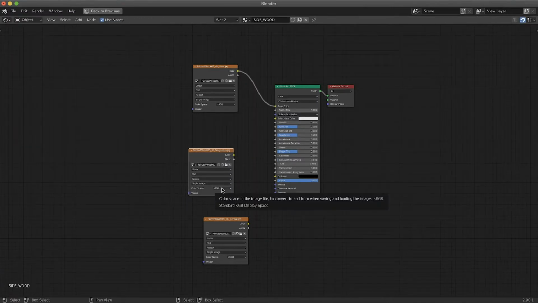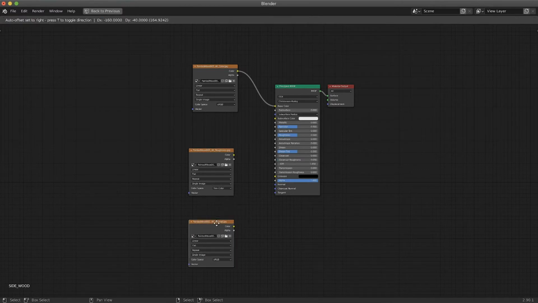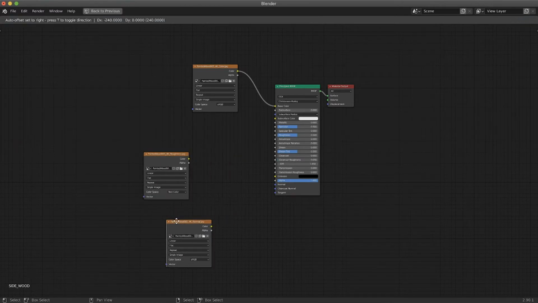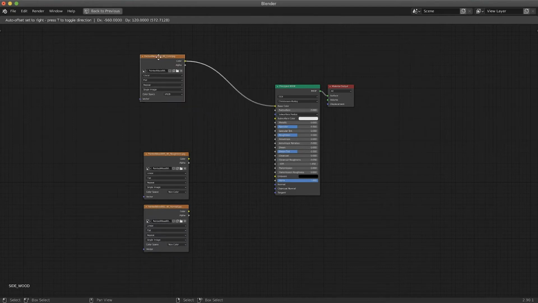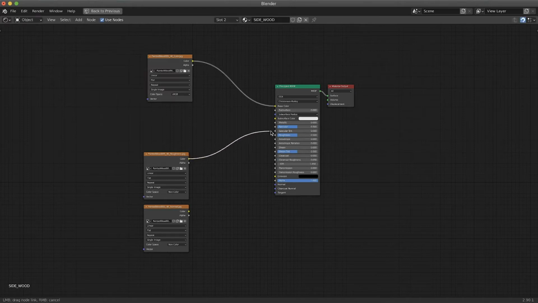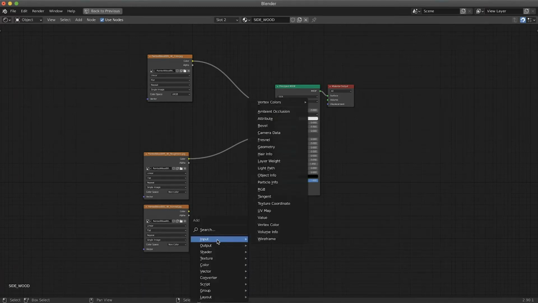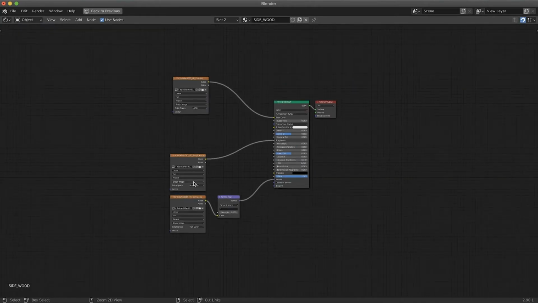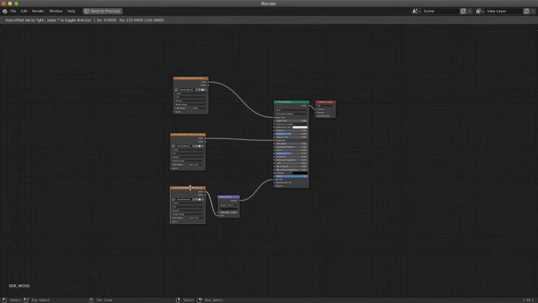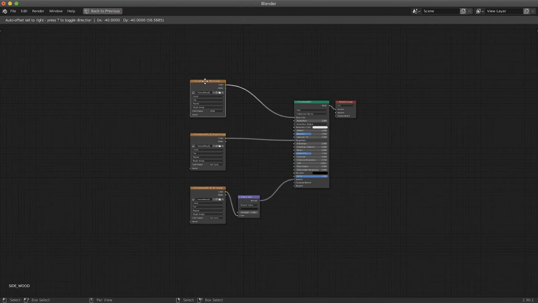We set the roughness to non-color data, and the normals, even if the map is purplish, is gonna be non-color data as well. Then we connect the roughness to the roughness, and the normals should be connected to the normal, but the socket is a different color, so we need to add a vector normal map. We want to project this map on our model using a UV map that we created.